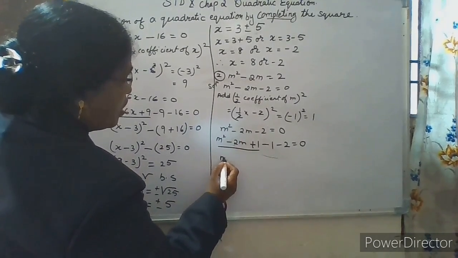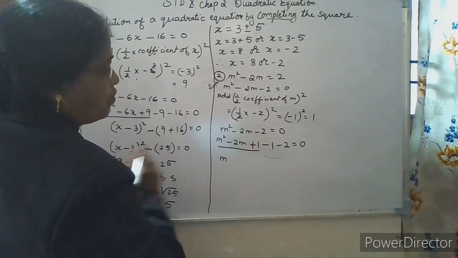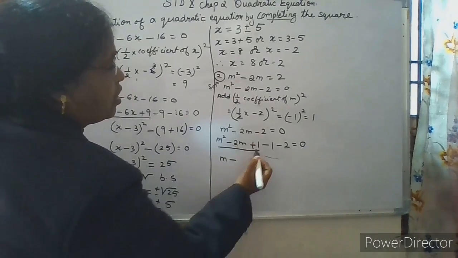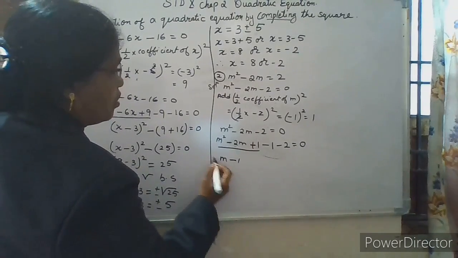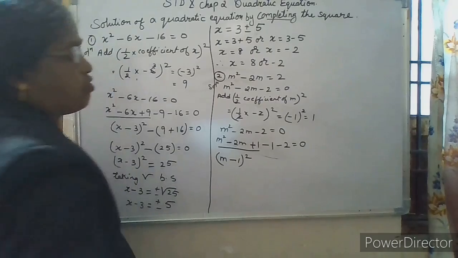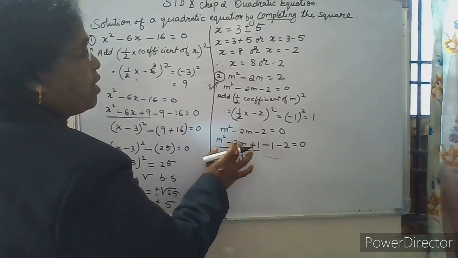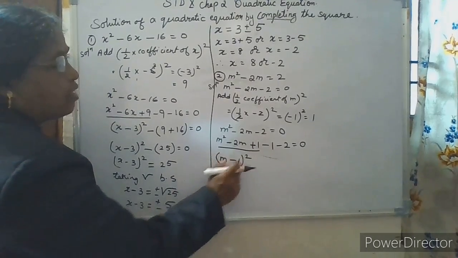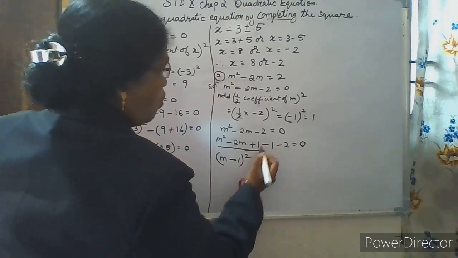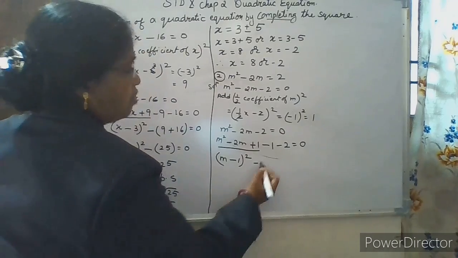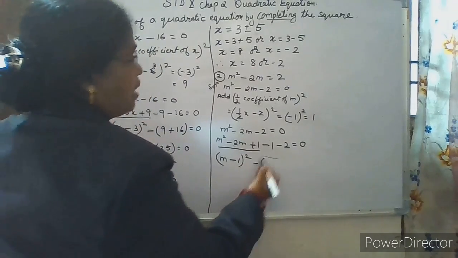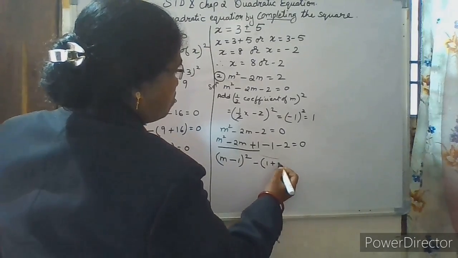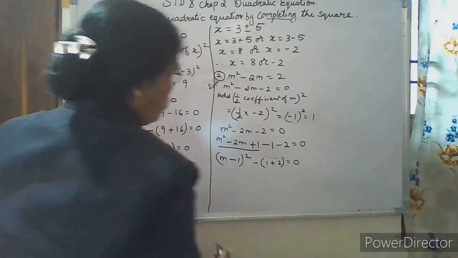So, therefore, take the root of this first m square. Middle sign is minus, so put a minus sign here. And root of 1 is 1 only. So, whole square. Therefore, m squared minus 2m plus 1 is factorized as (m minus 1) the whole square. Now, this is the minus sign, put a bracket: minus into minus is plus 1. Then minus into this minus is plus 2, equal to 0.